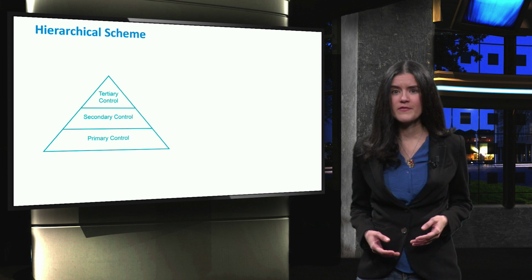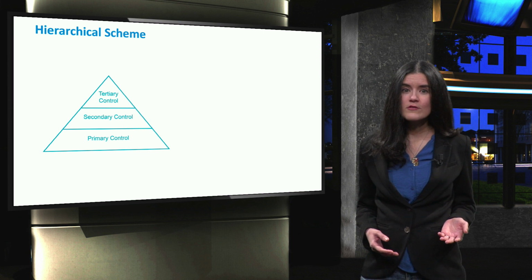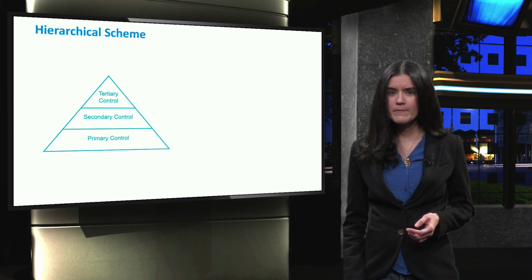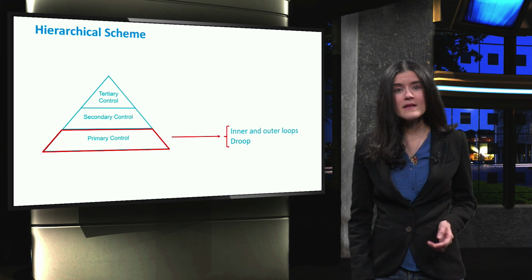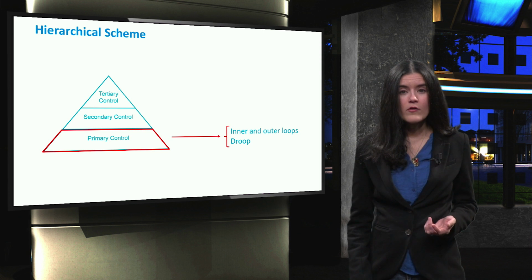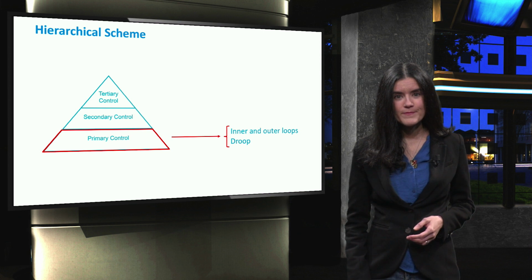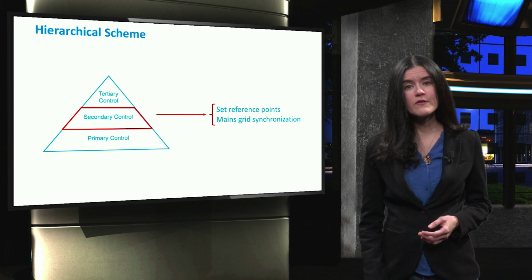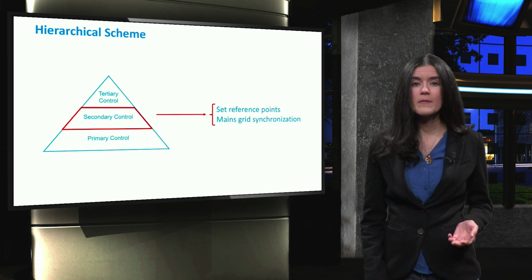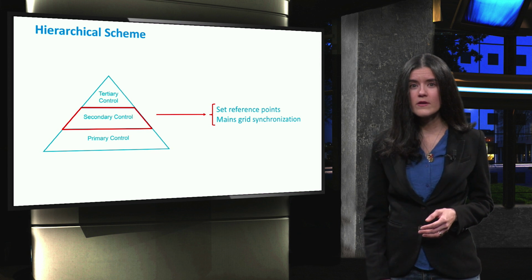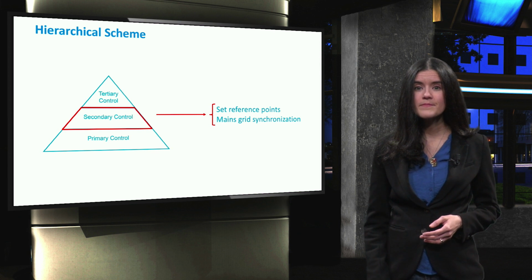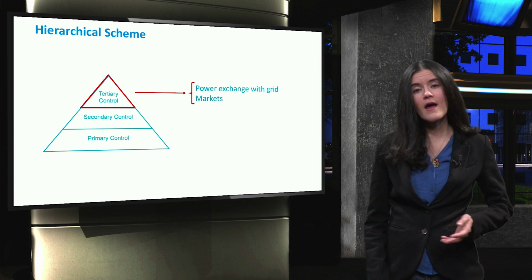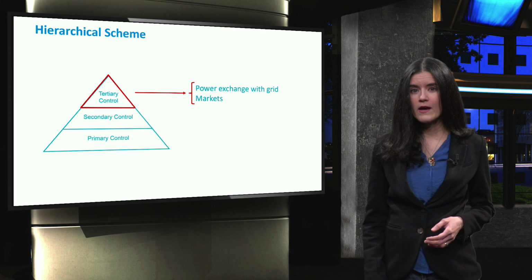As seen in previous videos, a hierarchical control scheme typically comprises primary, secondary, and tertiary control. Primary control loops are mainly concerned with the inner loop, outer loops, and the implementation of droop control. Secondary controllers are employed to adjust the reference points of the distributed generators in a microgrid. Also, they are used to synchronize a microgrid with the external grid. Tertiary control mainly addresses the exchange of power between the microgrid and the external grid, taking into account electricity market